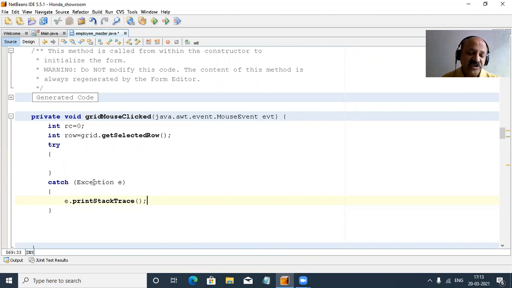Error is handled by the JVM, the Java Virtual Machine, and exception is handled by the user, that is, by ourselves, the developer.